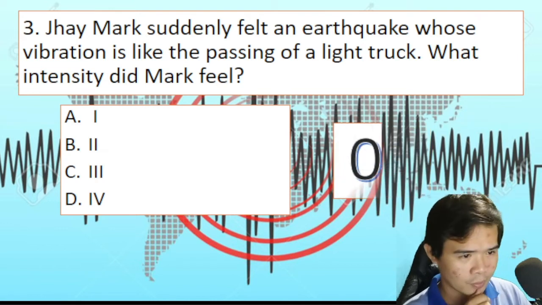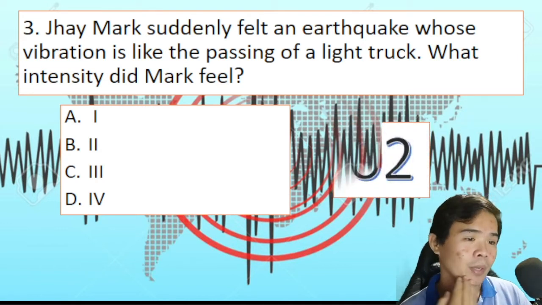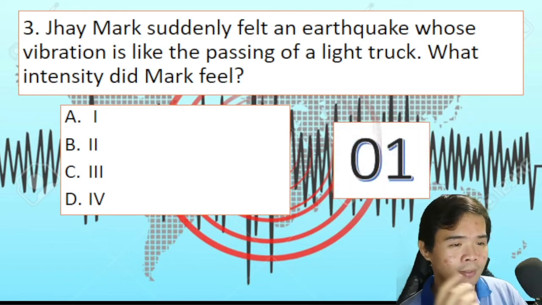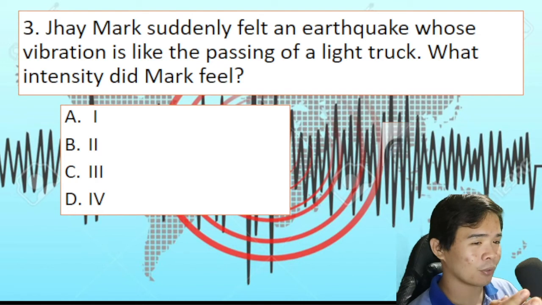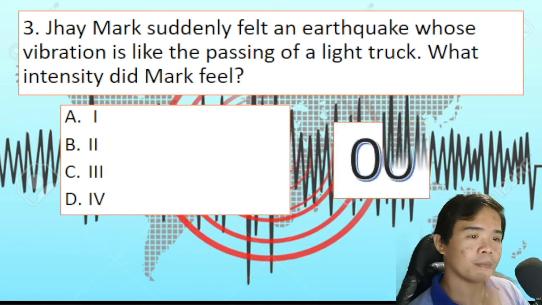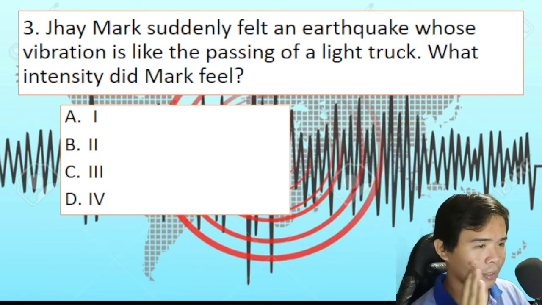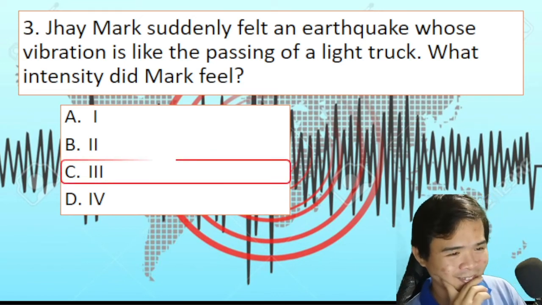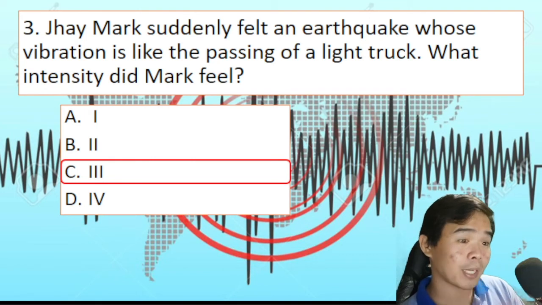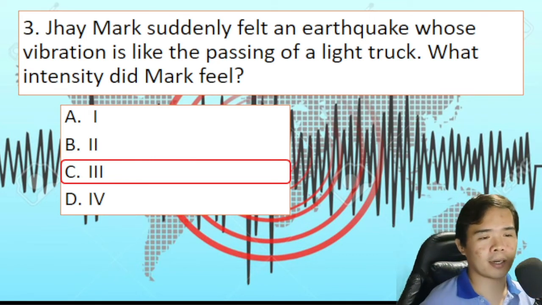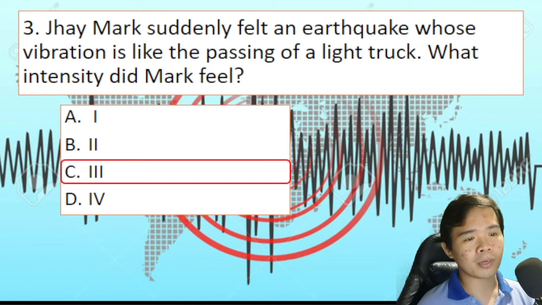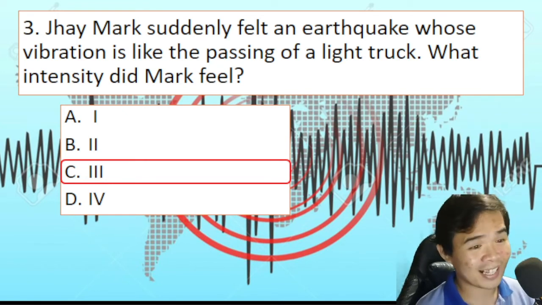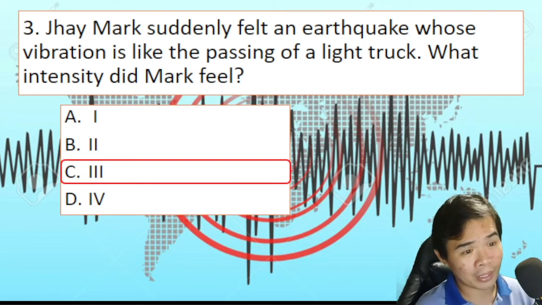So, of course, let us see. We have 2 seconds. Okay, we have 1 second. And 0. So, what is our answer to this question? The answer is 3. Right? So, it is weak, a weak earthquake. For 1 and 2, you would feel nothing, like that. That is all. Okay? Next!